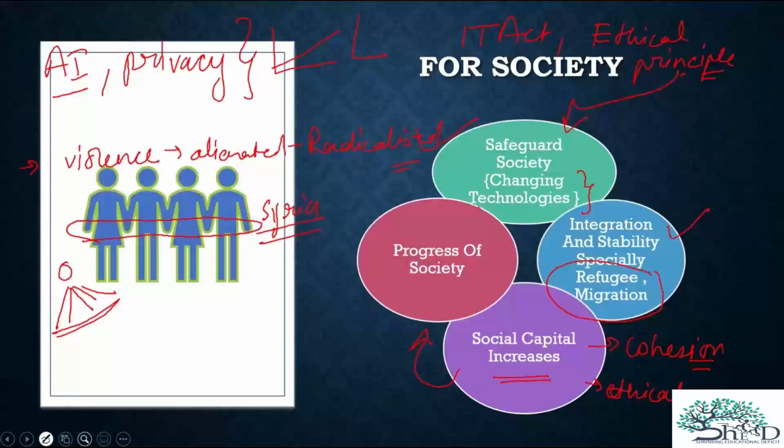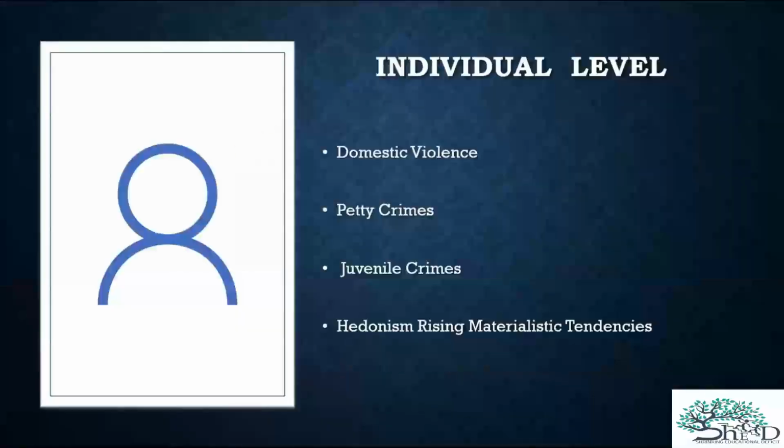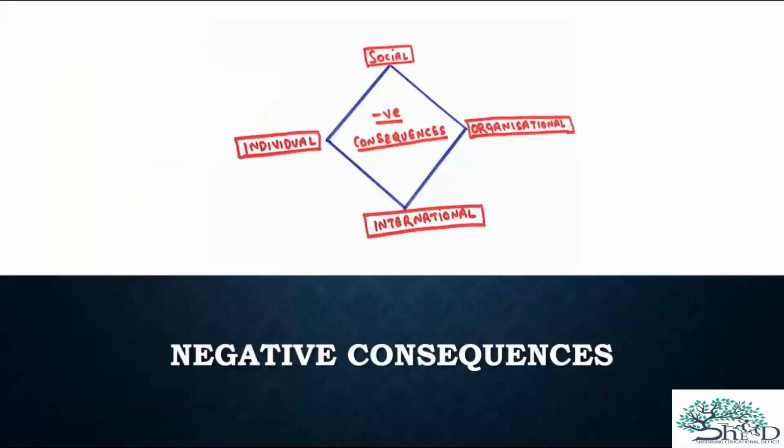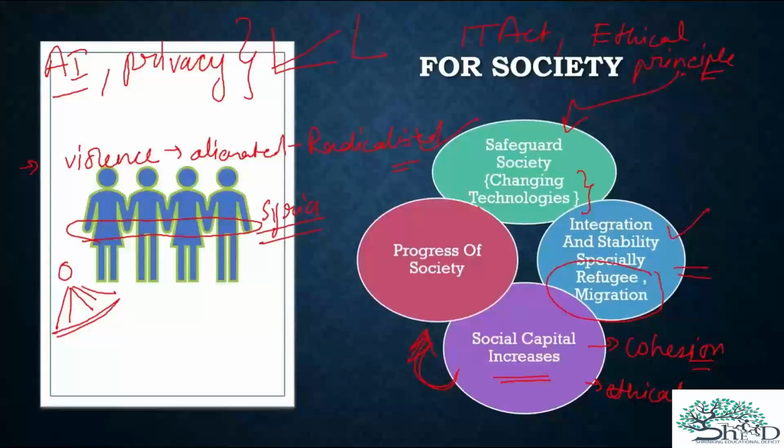Let's say, for example, the progress of society. We'll talk about that. But for this, like I talked about brotherhood, if the society is integrated and stable, people will help each other and would be inclined to safeguard other people also. So it will lead to progress of society. Okay, so the progress happens in leaps and bounds.